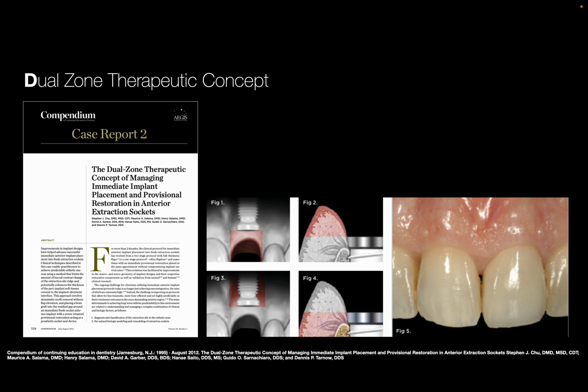So we must understand this scientific paper to create the proper and most natural emergence profile, and also to preserve the original tissues if you're doing immediate loading. Why? Because once we extract a tooth, there is going to be a remodeling process. By extracting a tooth and removing Sharpey's fibers that are attached to the bundle bone, will create